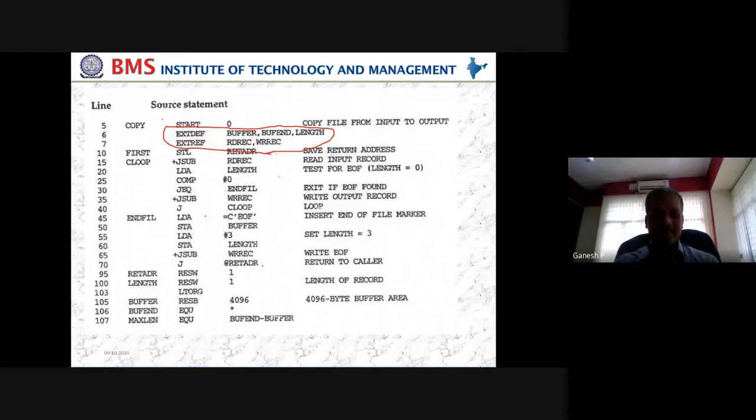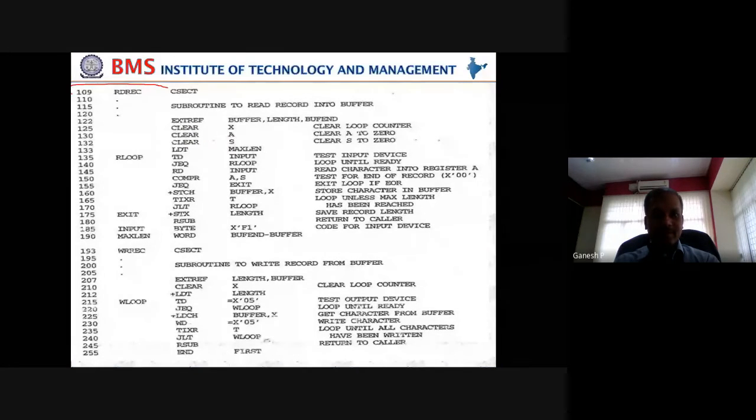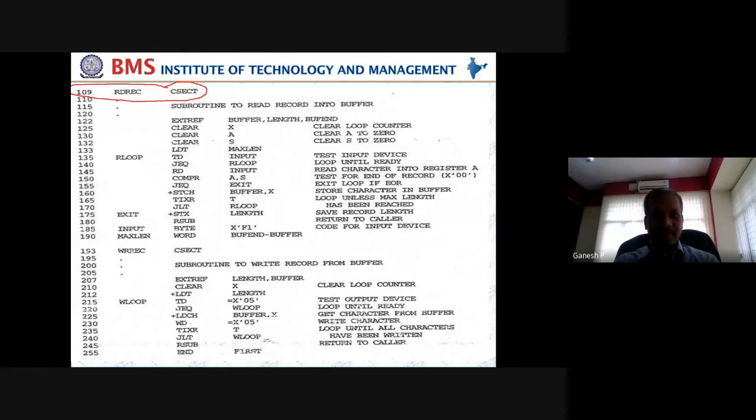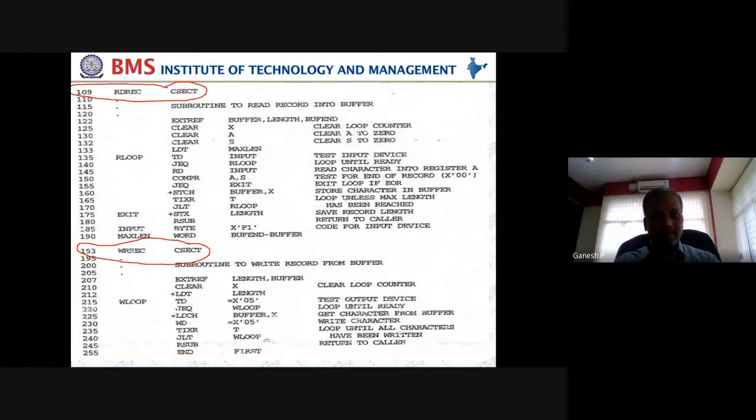Next, you can see a new line here. Similarly, you can see a new line here, because the same program you have been taking all these days has been split into three entities. The first entity is this one, the main program. The second entity is the one starting with the word CSECT. CSECT stands for control section. Again, this is an assembler directive, so you can add it to that list of assembler directives which you have been maintaining.